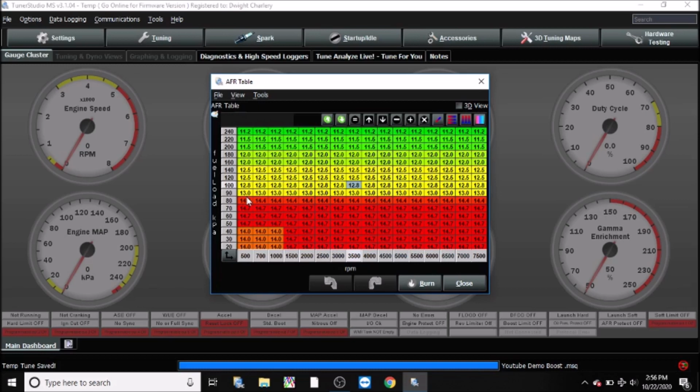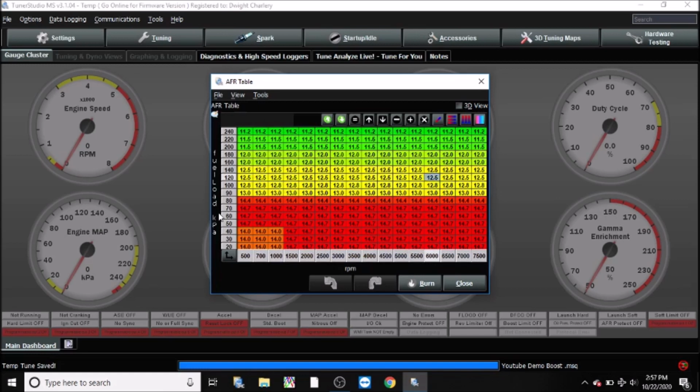So with today's example, we're going to assume that, for instance, you're using a 1.6 Miata with a small turbo, something like a T25 or TD04, and say we're going to be running about 12 psi of boost. So we're going to be using up till here in our boost table.